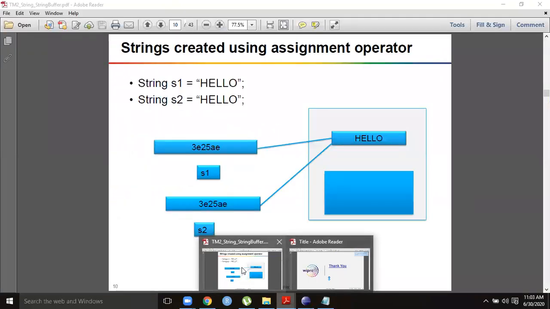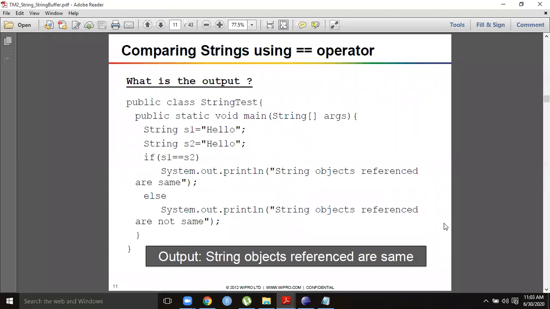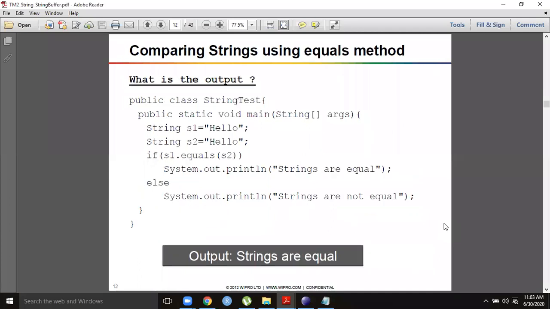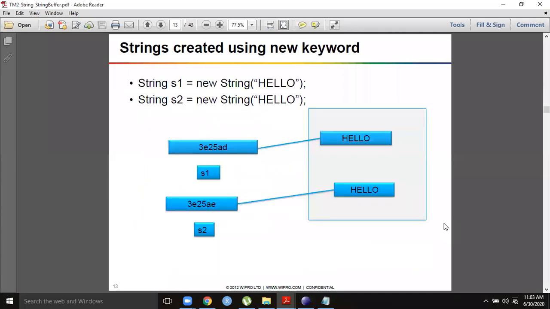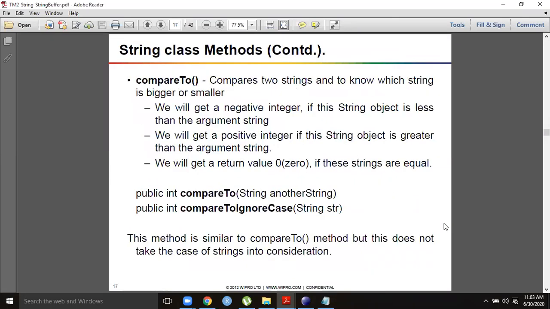Another way is you can use the equals to operator for comparison purpose, which checks whether the string object references are the same. And you have to know another thing: comparison can be done with another method, the compareTo method. This compareTo method compares whether the first one is bigger or smaller or equal to the second string.